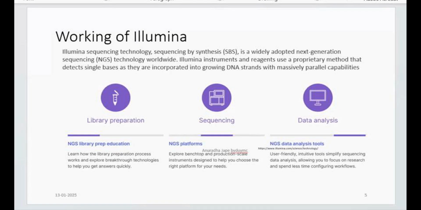In Illumina sequencing, generally a total sequence of about 6,000 gigabase pairs can be obtained. The reads are about 50 to 300 base pairs in length, single or paired end, depending upon the instrument and the model used for Illumina. We are going to talk about the different models which work on the Illumina sequencing methodology.